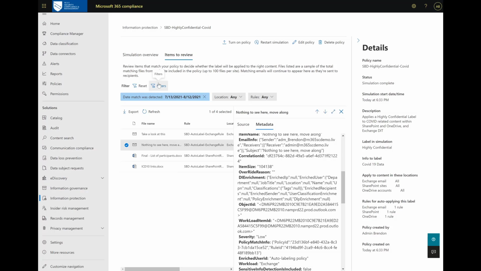Now we can also use some of the filters. We're going to pull up to 100 files per site, so there could be a pretty large amount of files here if you're in a production environment. So you can use some of the basic filtering and drop downs here to filter your view